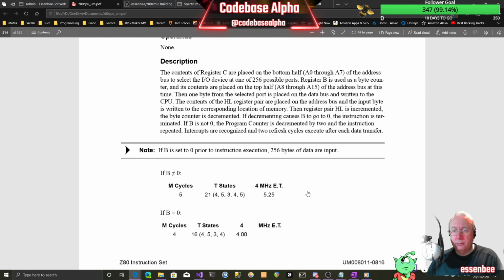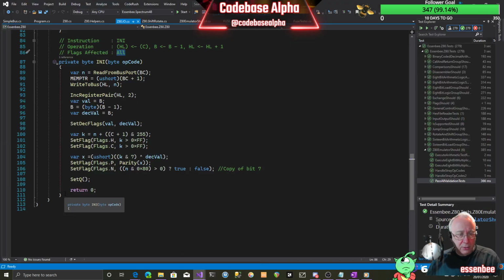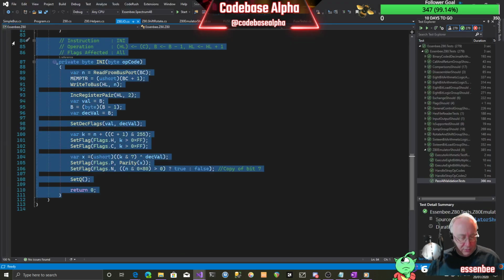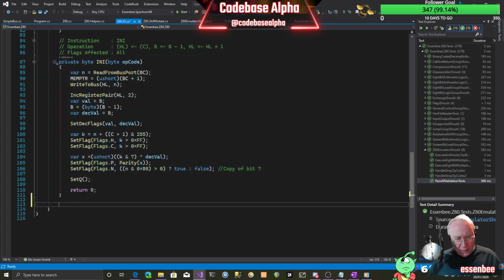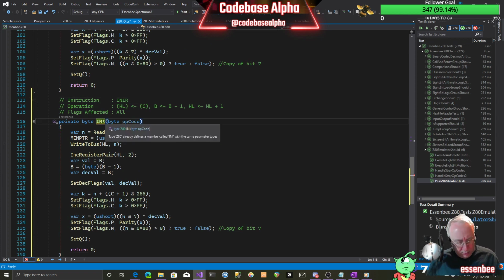Okay, so let's implement this. The start of the implementation is going to be very simple, because what we're going to do is just grab this code. And I love it when we get to do this. As I say, there are optimizations to be done, because all I'm doing is repeating code, and we shouldn't be doing that. We should be extracting common code,